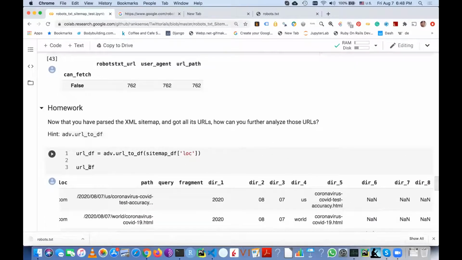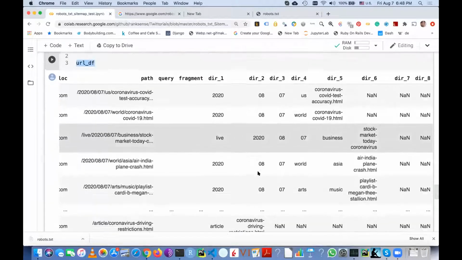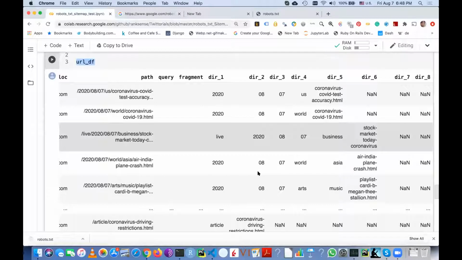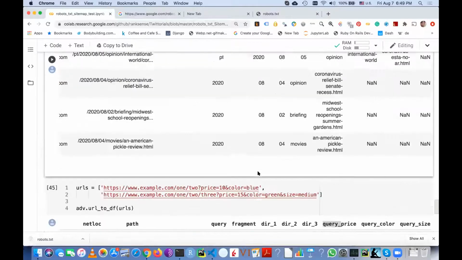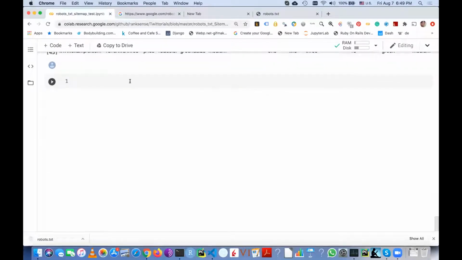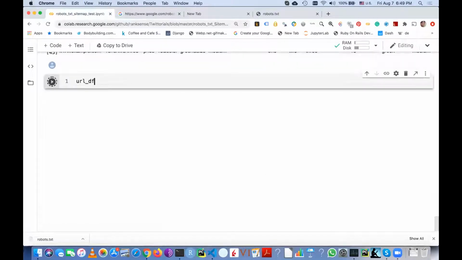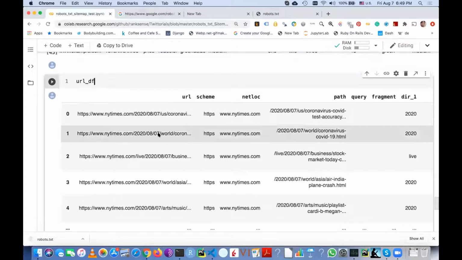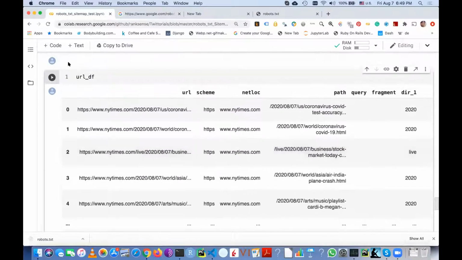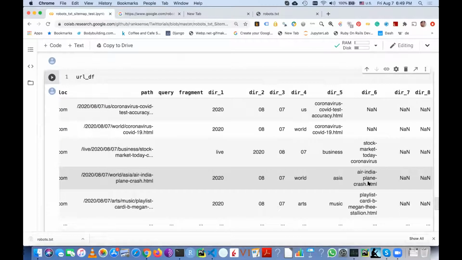Okay, so I have a question that I want to answer. The question is, what is the New York Times covering these last 2 days? What are the keywords that they're using these 2 days? So I've prepared this simple pipeline that we can go through. So this is our URL DF, okay? So the first thing is,